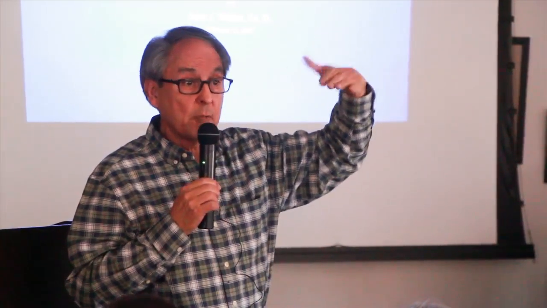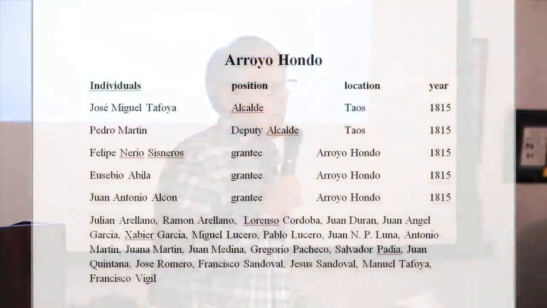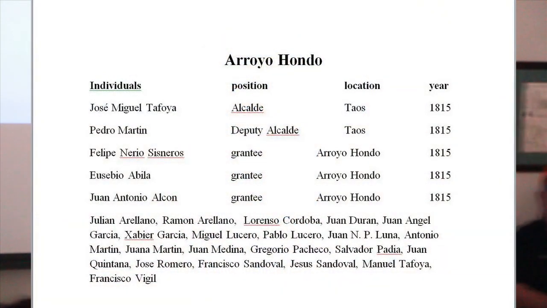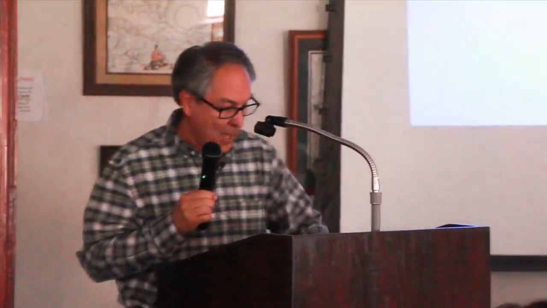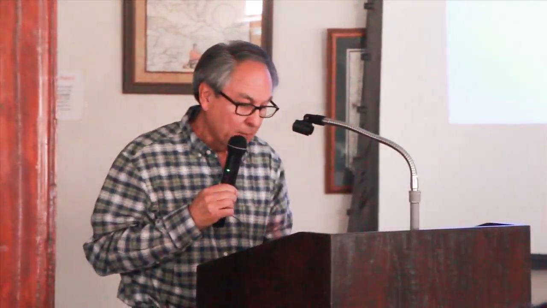In terms of positions, the governor was the top, and then there was an alcalde in each one of the communities. So this is the part that I thought would be beneficial to you: are there any of my ancestors in a particular county in the Taos County area? So this is what I was able to construct for you, a list of individuals. It gives you information about the individuals, their location, and then that particular year when that county was set. So that, in a sense, is what that packet looks like. I wanted to explain that first.